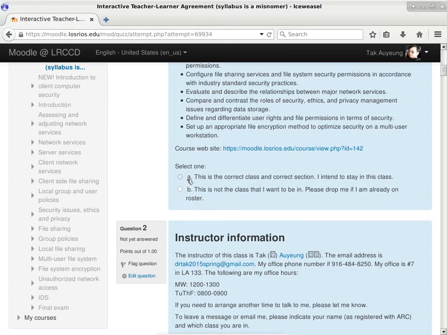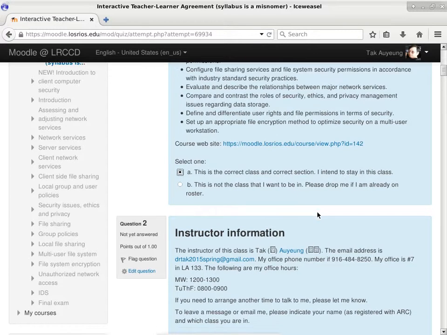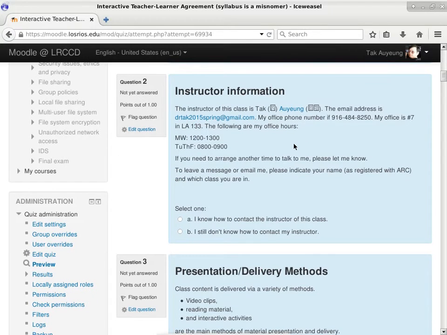And remember, for each section, you want to click one of the two choices. I'm hoping most people will pick the first one to stay in the class, but for someone who does not agree with the syllabus, you can choose the second one and not stay with the class. The second section talks about me